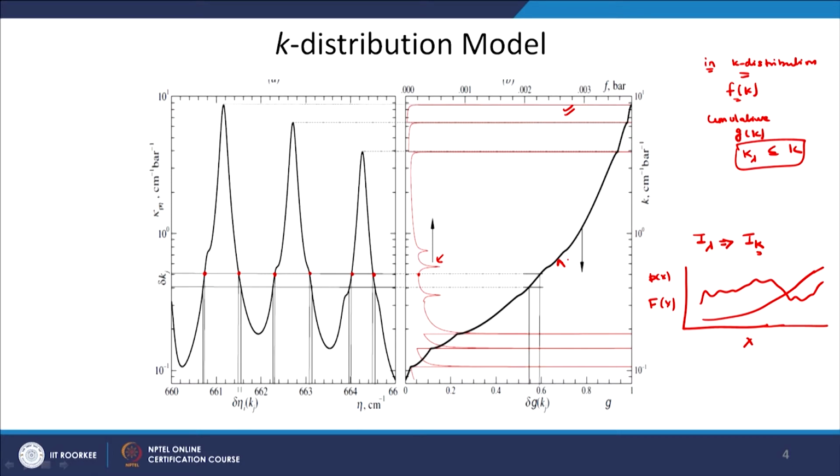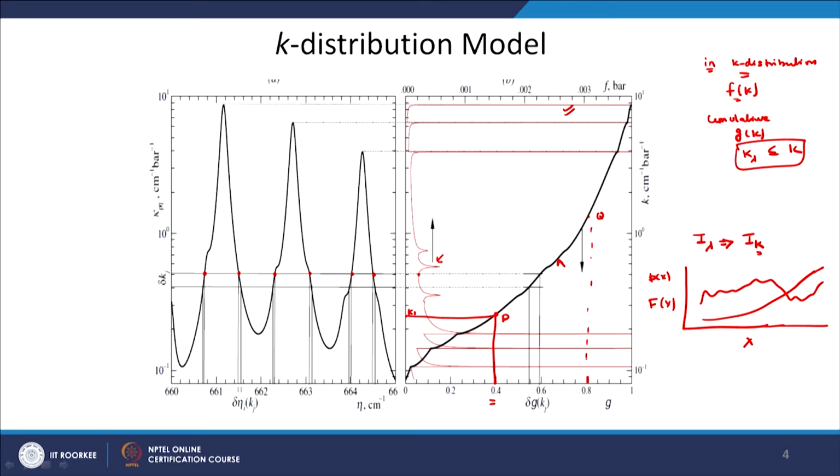What this curve represents at this point is the fraction of spectrum having values less than this. If I just point here, what it says is that 40% of the spectrum has k values less than this value. Just like in a normal probability cumulative distribution function, let us call this point p. So, at point p 40% of the spectrum has k values less than this value, let us call this k1. Similarly, let us call this point q.